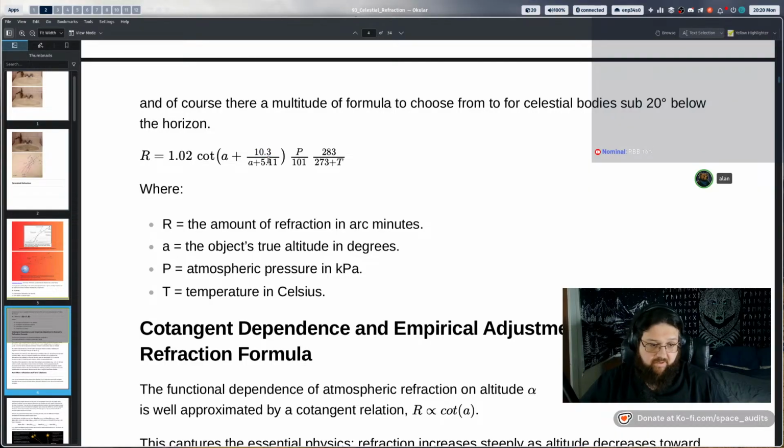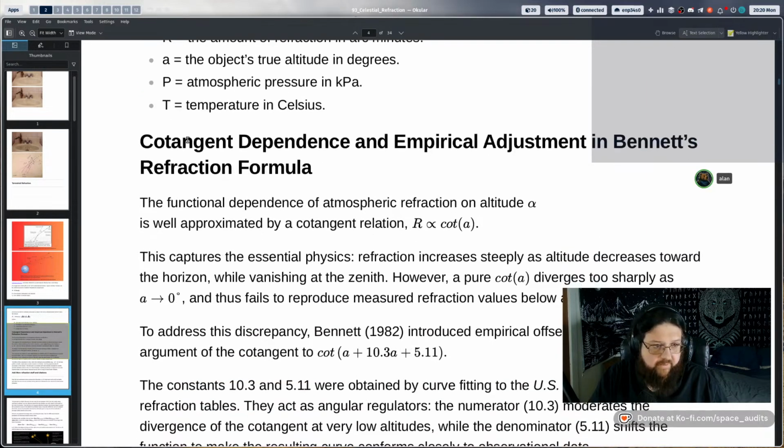So these coefficients here apply to real world observations, curve fit to make the correction fit what it needs to be to maintain usefulness to the model, not necessarily that these numbers have anything to do with how much refraction there is. Now, there is an adjustment here that you can add for temperature and pressure, but the driving force of the formula is actually these bad boys right here. All right.